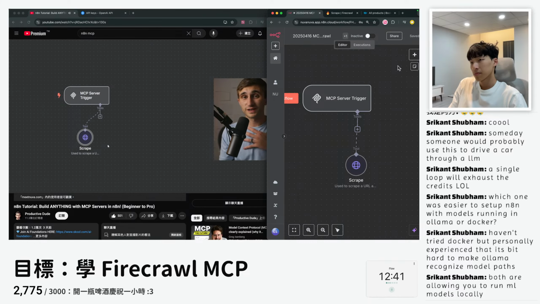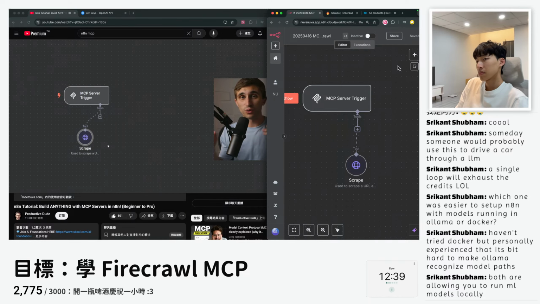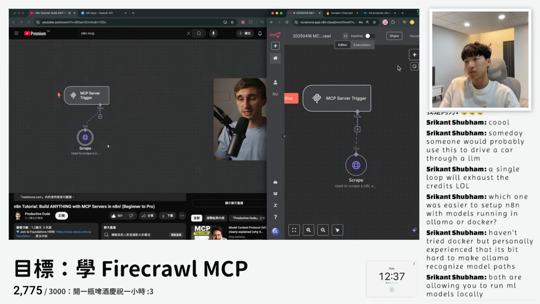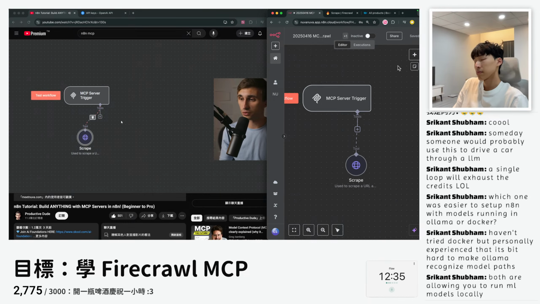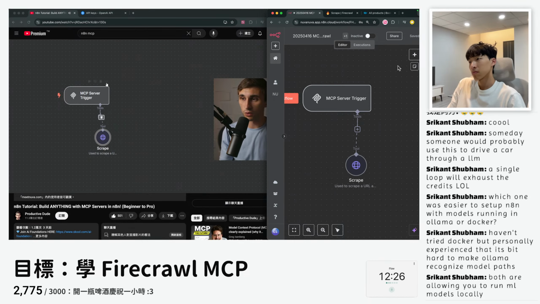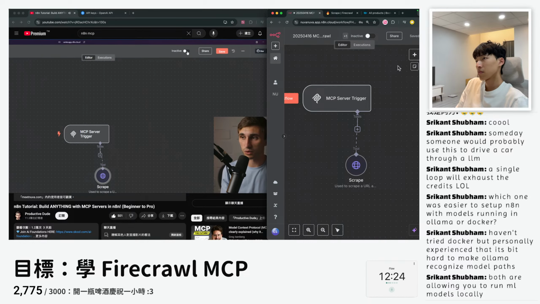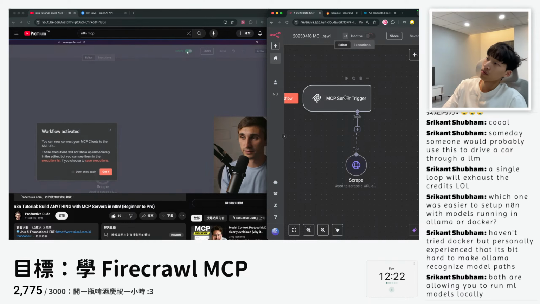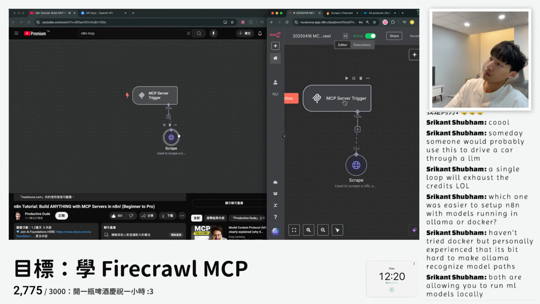And now personally, I want to make sure this works. I don't want to go and build out this entire MCP server with all of the different tools coming off of it and then just come to find out that it didn't work. So what I'm going to do is quickly test this out. And in order to test this, we're going to make this workflow active. And then I'm going to hit got it.